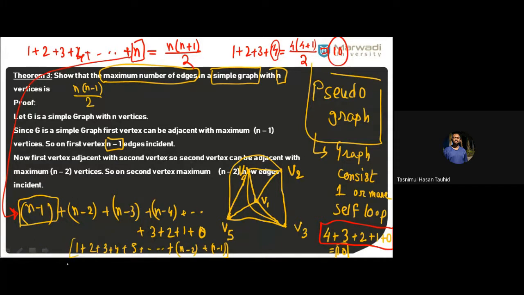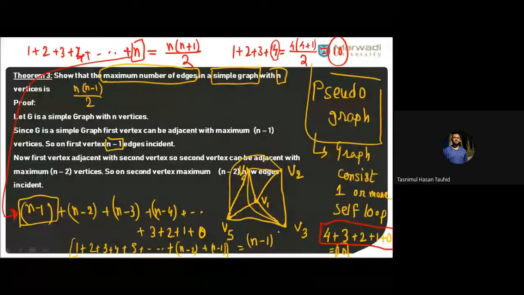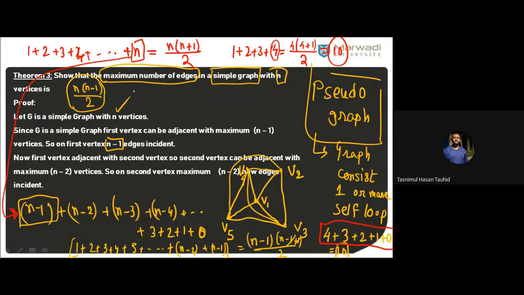So what would be the answer? Your answer will be n minus 1 into n minus 1 plus 1 by 2. Right? That minus 1 and plus 1 cancel out. Final answer: n into n minus 1 by 2. What we actually had to do was prove the theorem, and we have proved it. Mark my word, you will get 8 marks if you prove this theorem from the beginning. It is a very straightforward theorem, no difficulty I think, from my side, yeah, I'm a teacher. Maybe you have some difficulty. Please tell me.